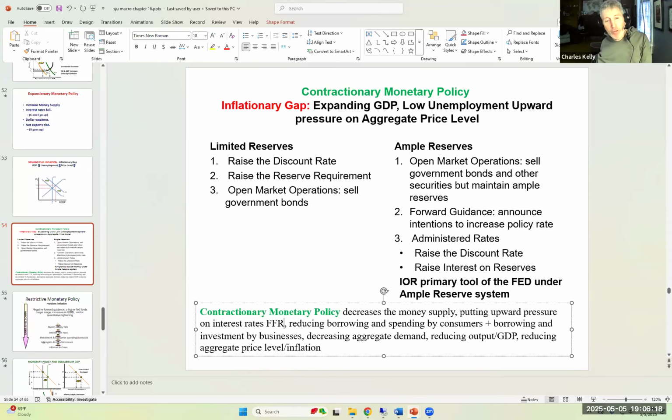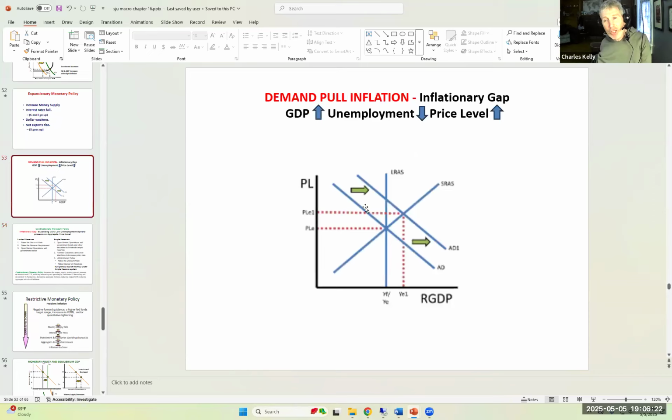Now, you might be sitting there going, yeah, but wouldn't that actually contract GDP? If the Fed is successful at shifting aggregate demand in the opposite direction of these arrows, like we know the arrows cause the problem: too much money chasing too few goods. The rightward shift in aggregate demand beyond full employment domestic output caused the demand-pull inflation, the inflationary gap. What if we overdo it? That is one of the good questions, and also